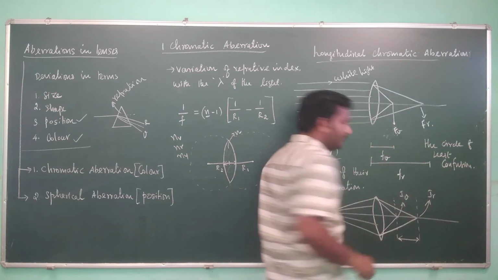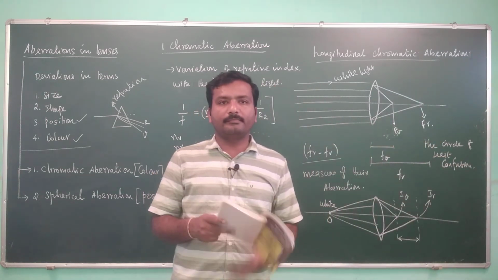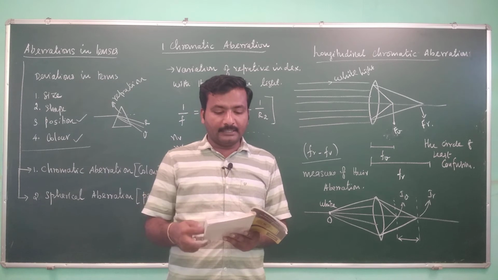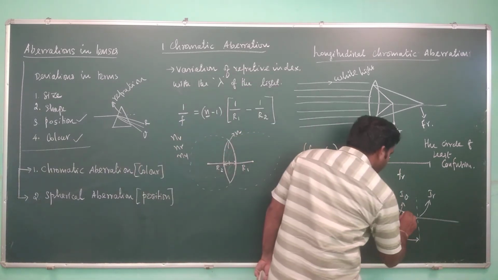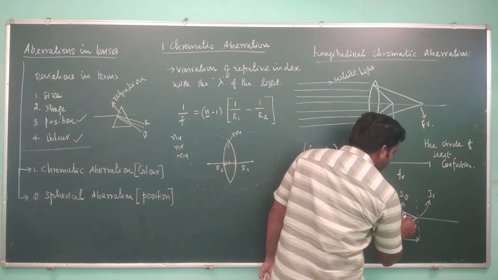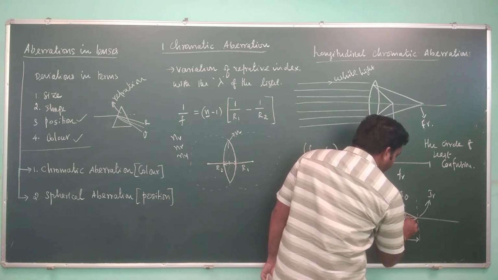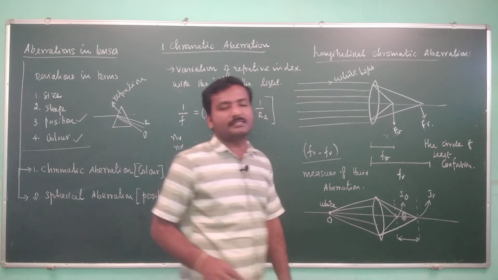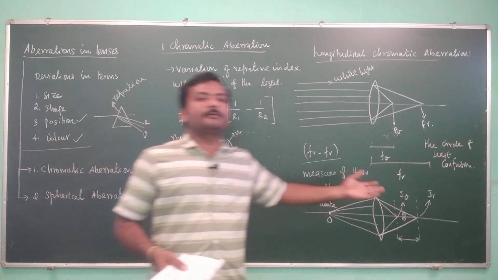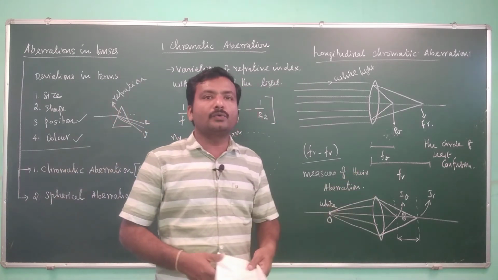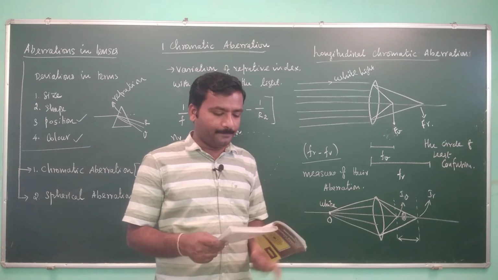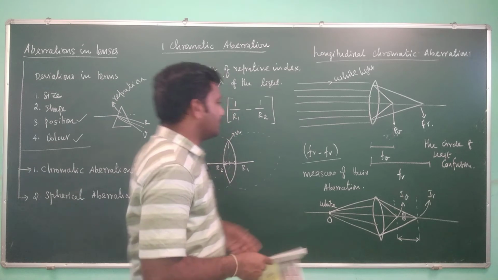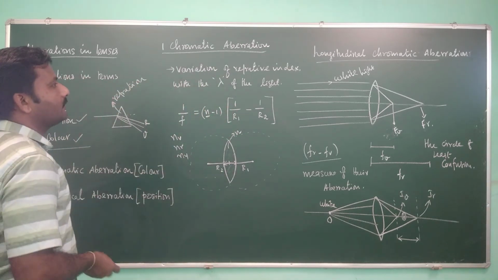That is a midpoint, the mean point between the different colors. And the diameter of the circle, that is the image, will be like this, right? There is a circular image, and the diameter of the circle will tell you the extent to which chromatic aberration occurs at that particular point. So this is the understanding point of longitudinal chromatic aberration.